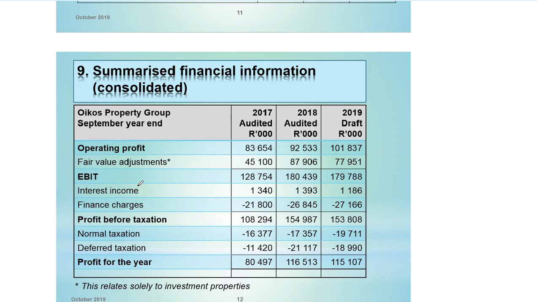Earning before interest and tax, there was an increase in 2017 to 2018. However, there's a decline from 2018 to 2019, which obviously is a bit of a concern because you would like your earning before interest and tax to be fine or to be increasing each year because there is escalation in the rental income. So now your question is why there is a decline. A decline obviously is also contributed by the fair value adjustment.